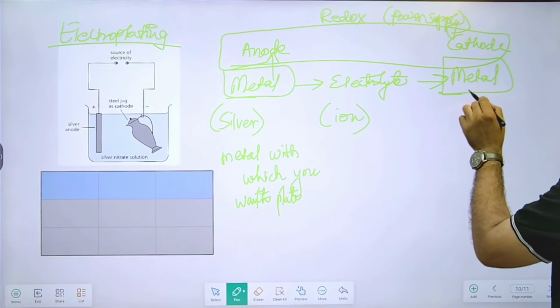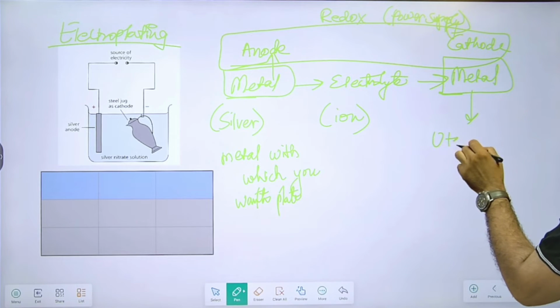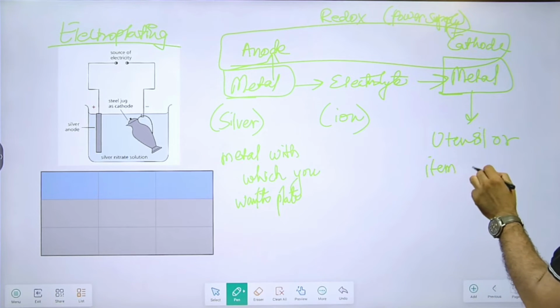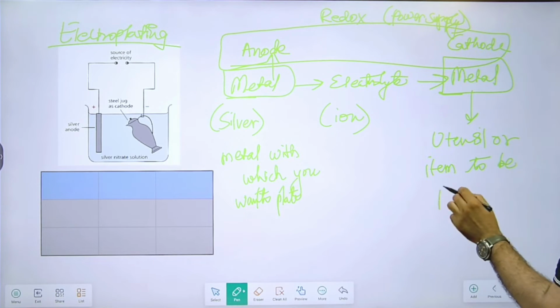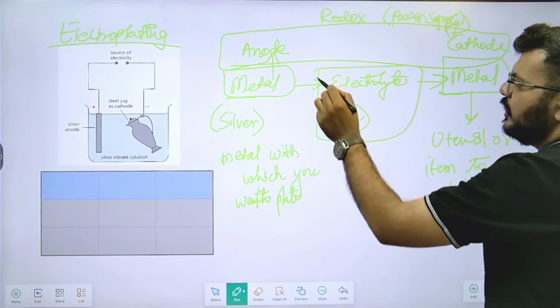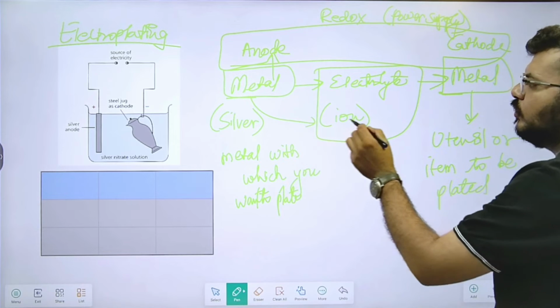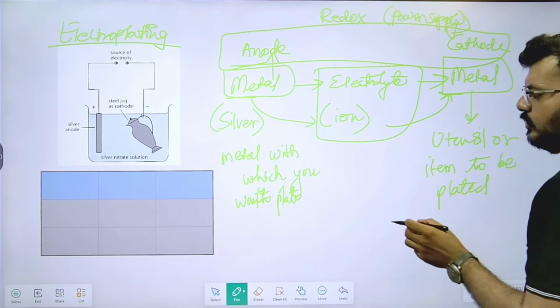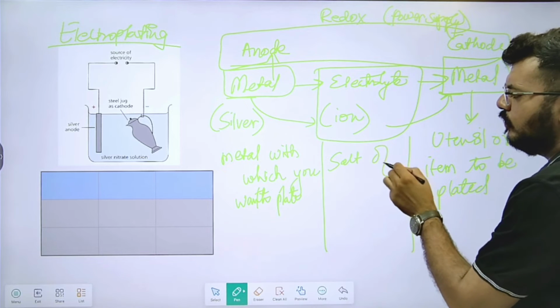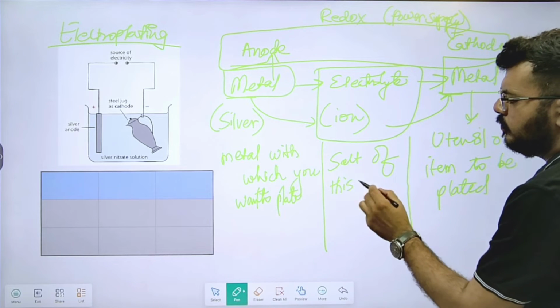Here you should attach the utensil or item to be plated, and because as electrolyte you need ions of this metal going from here to the cathode, you need a salt of this precious